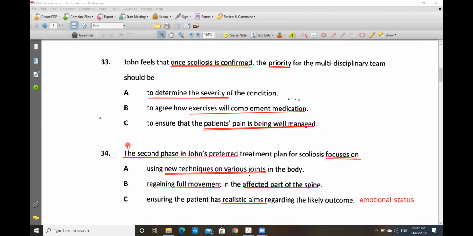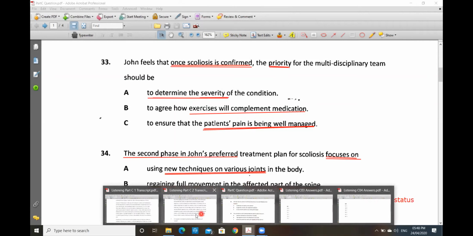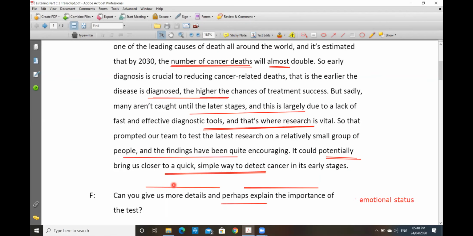Okay, so for 34, I can see almost everyone went with B. And for 33, some of you have selected B, some of you have selected C, and the others A. So let us discuss 33 first. So there was nothing about medication as such. So that was easy to rule out,